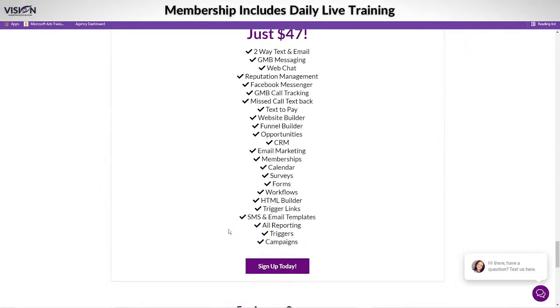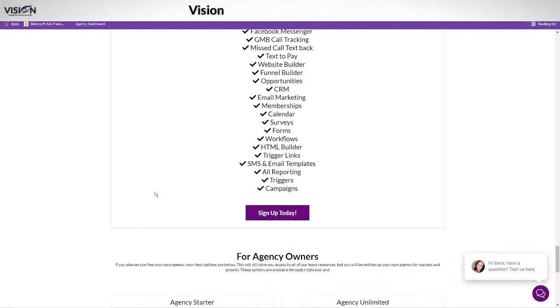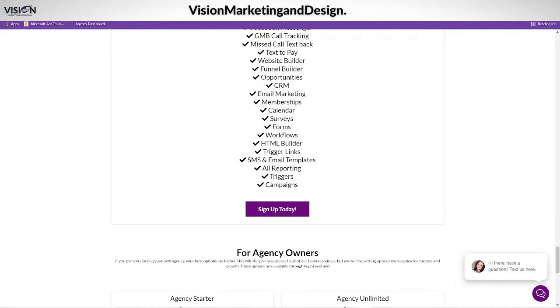All you need to do is let me know, and then I'll create a snapshot of your account, and then I can give you the link, and you can add it to your own agency account. Okay, so that's how easy it is. I actually did that for someone today. So it's really easy to upgrade. Never fear, no matter what you do, there's going to be a solution to help you. Okay, so hopefully I cleared that up.